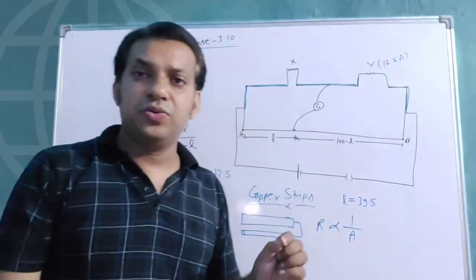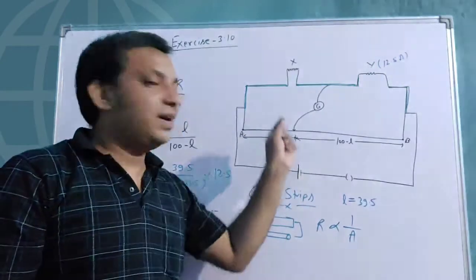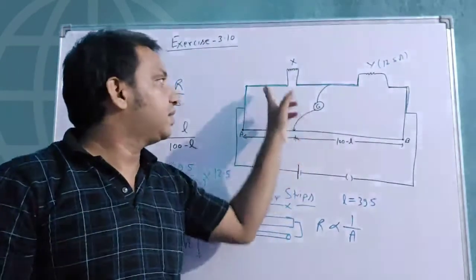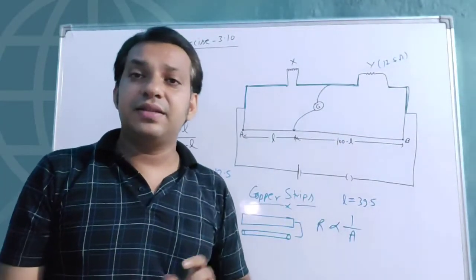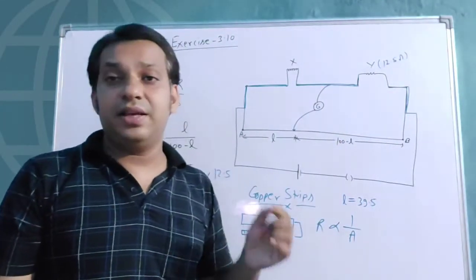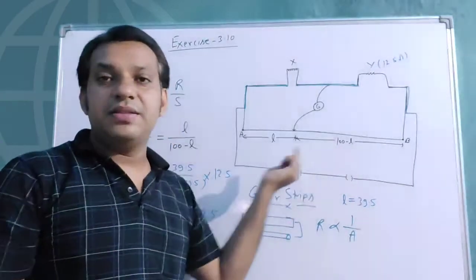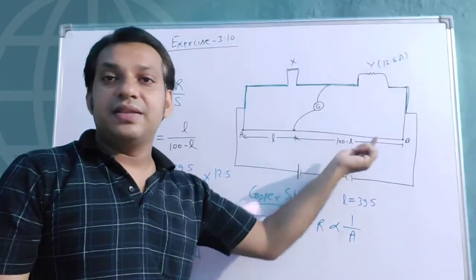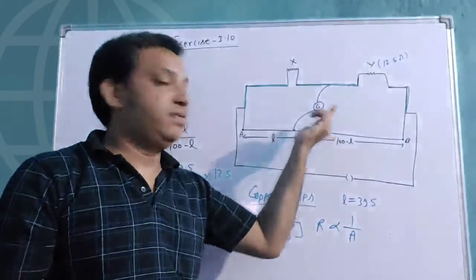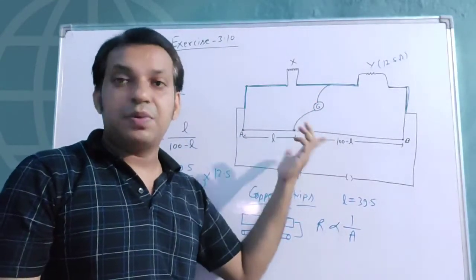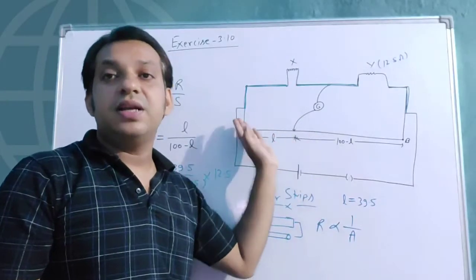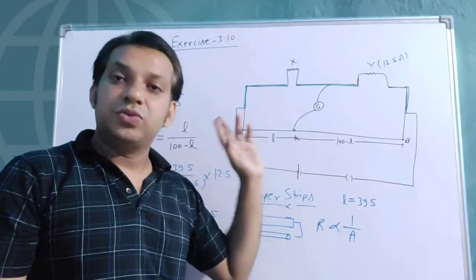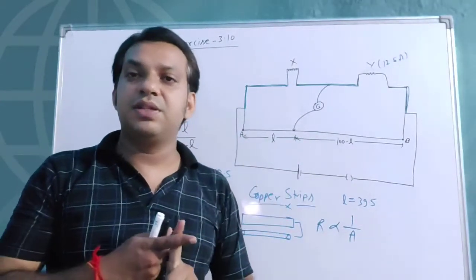So also, for the feasibility of this operation, it is not good to use the wire. If anyhow there is an internal breaking anywhere, in the connection here or here, the internal breaking cannot be easily recognized, and you will see your balancing point is not obtained; by sliding this one you are not getting the null deflection. So here the problem is not because of the selection of the resistance, the problem is because of the internal breaking of the wire.